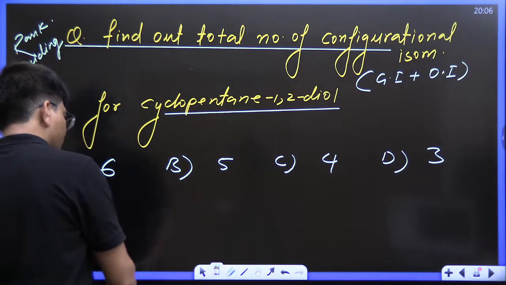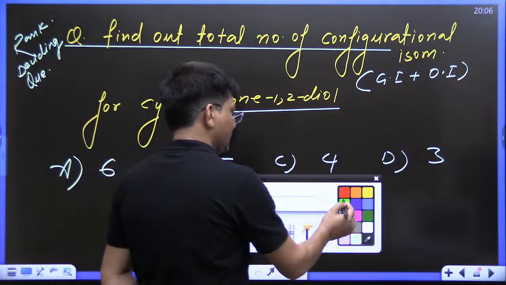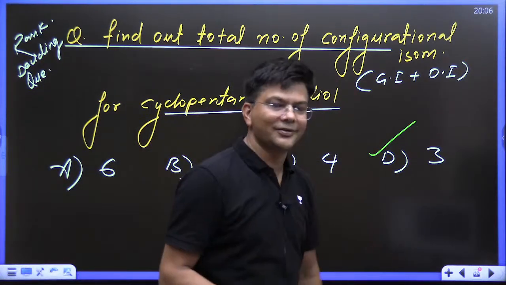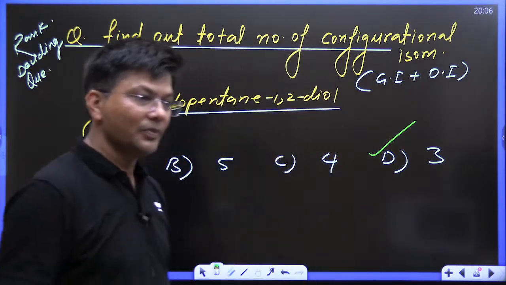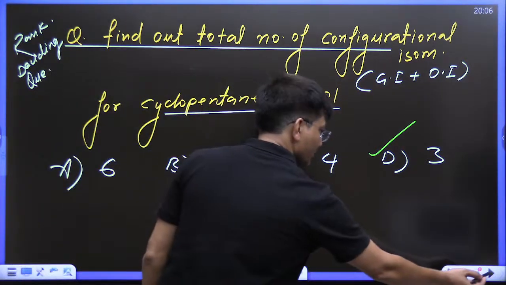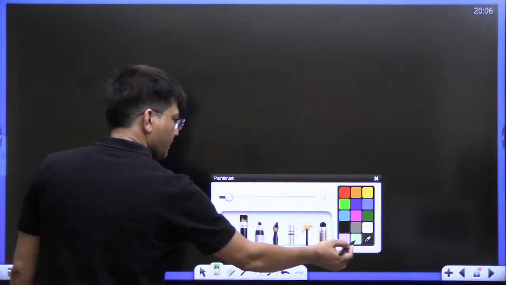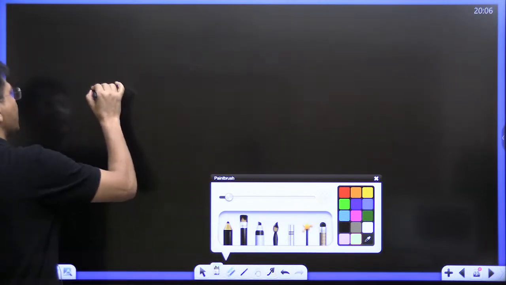So the correct answer is D. I don't know how you did it, but your answer is right, kids. Your answer is right. Now let me tell you. See, if you draw cyclopentane diol,